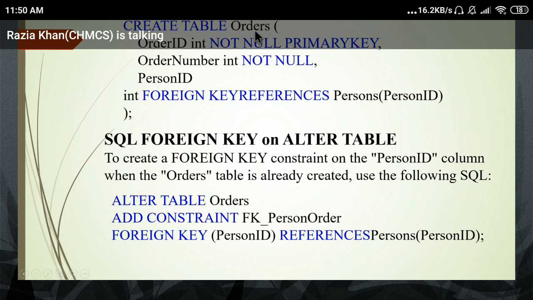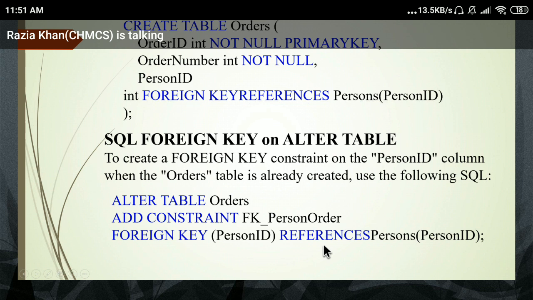Yes, after creating the table, if you want to add a constraint on any column, say on this person ID, which is the column of your order table, you write add constraint, then the constraint name, then the foreign key keyword. Then in brackets write down the name of the column of your first table, this order table.